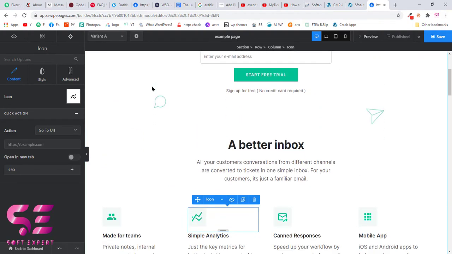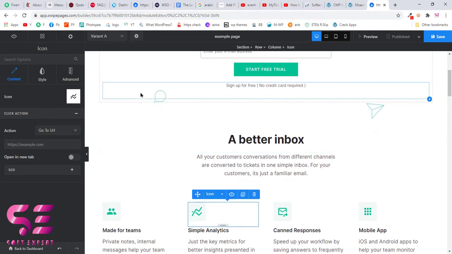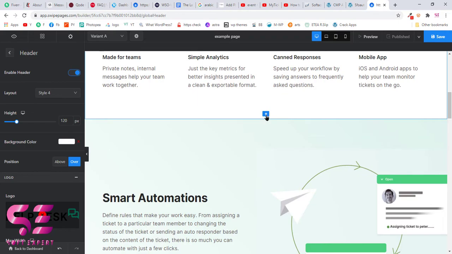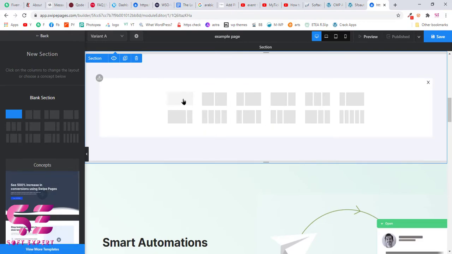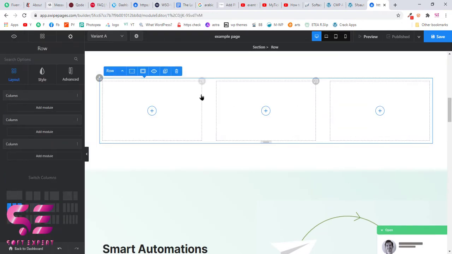If you want to add another section in between, then you will have to click this plus icon, add any section, add section. And now this is like the Elementor modules, how many columns you want. For example, we want 3 columns, so these are 3 columns. And now let's add some elements here.